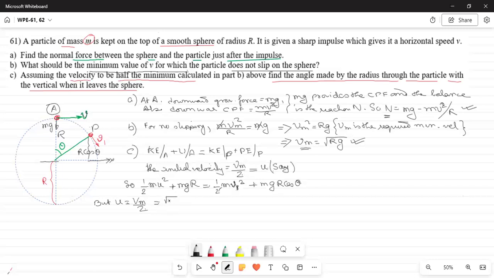So u is under root Rg by 2. Therefore u square is equal to Rg by 4. If this is, say, equation A, then